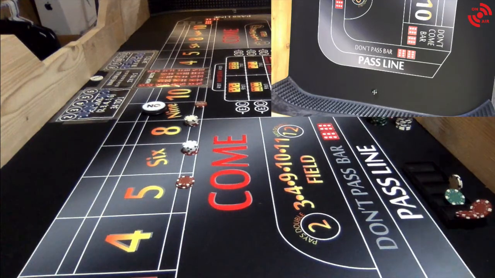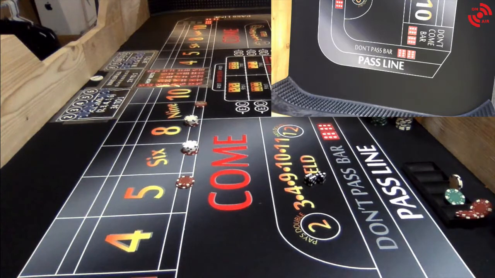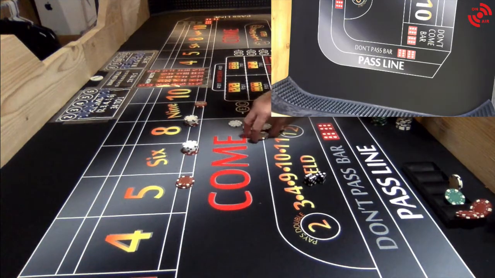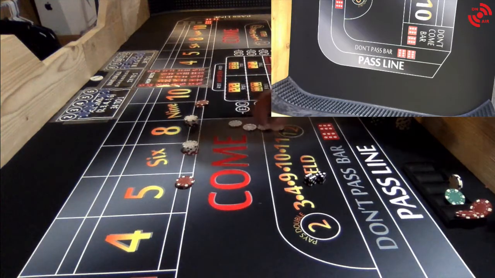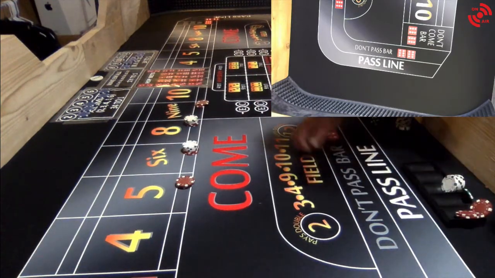Need a long roll. 9. All right, that's the point, but it doesn't matter to us. We have a place bet on it. So point is rolled. That 9 is going to win 14. I'm going to press up the 5 and the 9. And now